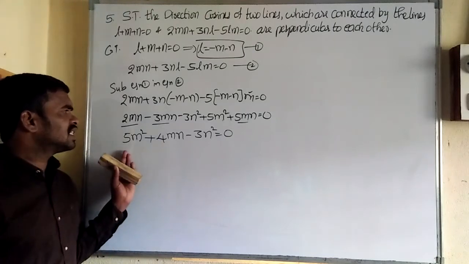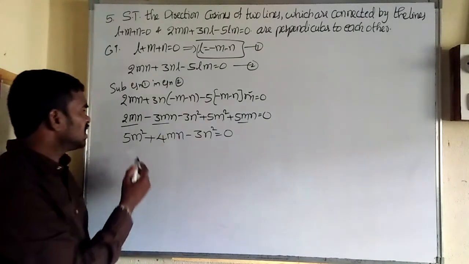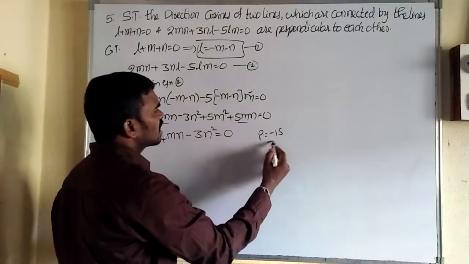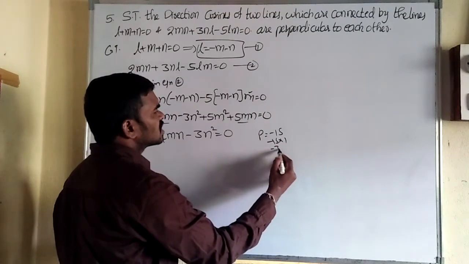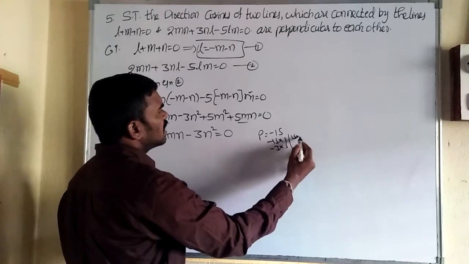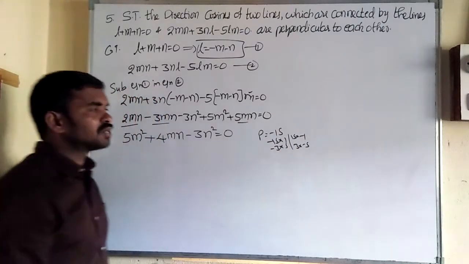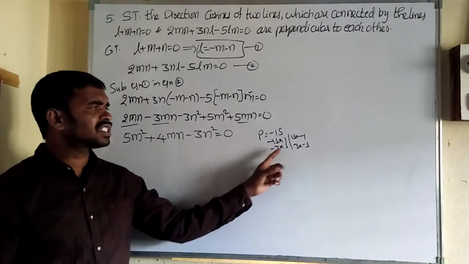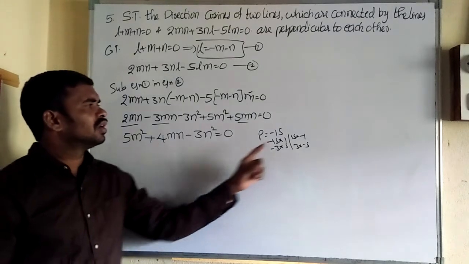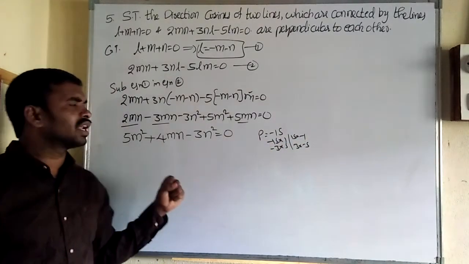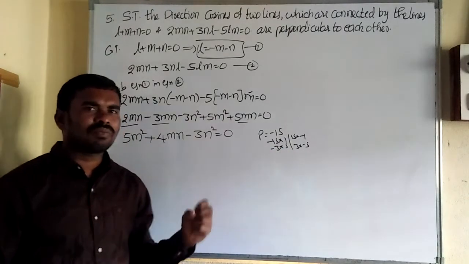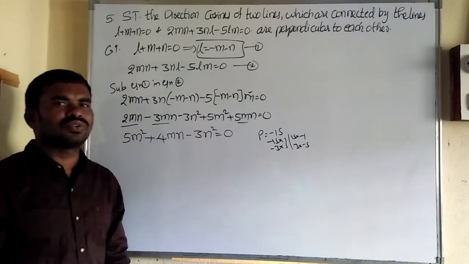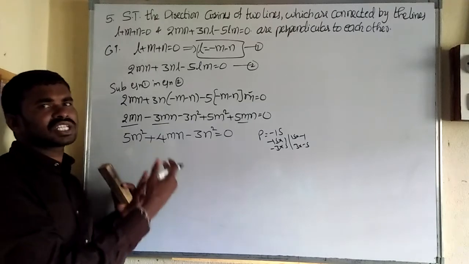So here, is factorization possible? Check it. 5 into -3 is -15, the product. So -15 we can write as -15 into 1, -3 into 5, 15 into -1, or 3 into -5. Only those are the possibilities. Adding -15 and 1 gives -14, not suitable. Adding -3 and 5 gives 2, not suitable. Adding 15 and -1 gives 14, not suitable. 3 and -5 gives -2, not suitable. So the product and sum do not give any two suitable numbers, and factorization is not possible.